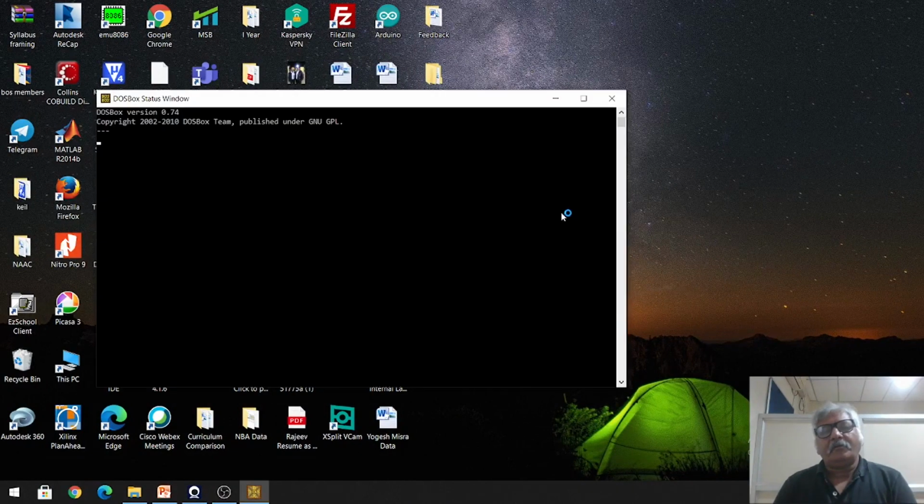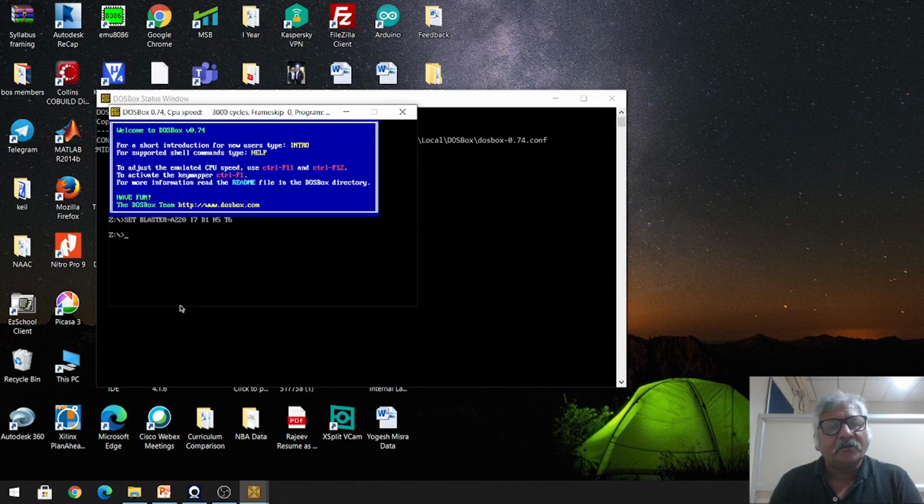Okay, this is a DOS box. I will mount the C drive. Mount C, \8086.